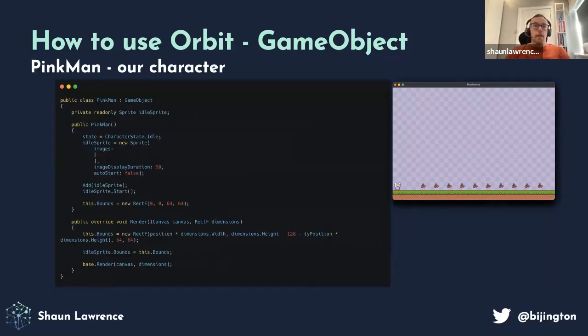And then we've got our main character called Pinkman. You can see maybe the background should have been a little bit more contrasting in the game. But what you can see is, in a similar vein to the cherries, we've got a sprite, we add it, and then there is a position there, which we'll cover in the example, rather than bloating this slide to the point where it wouldn't be legible. You will see how we can then control that character's position.